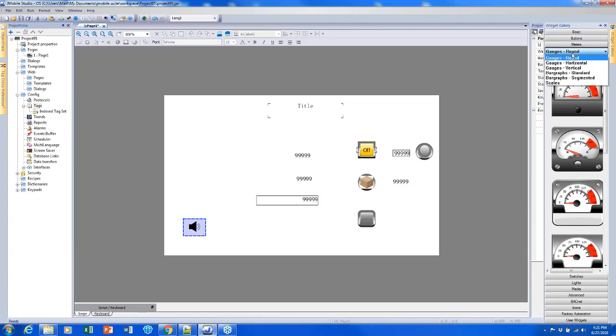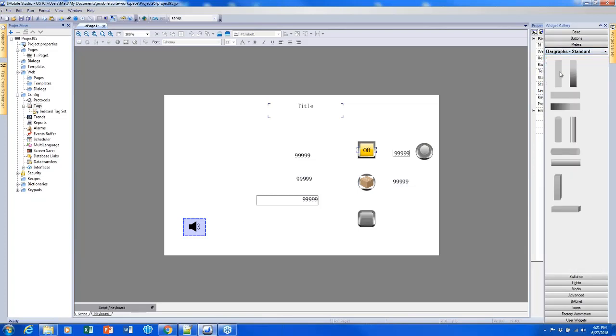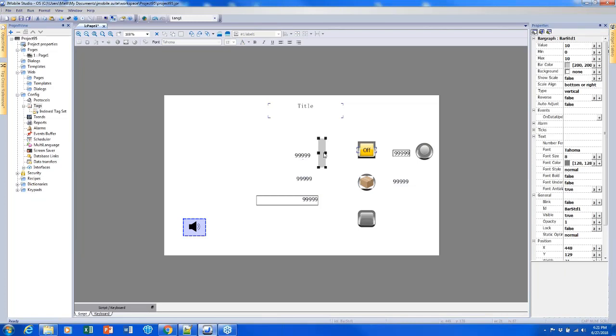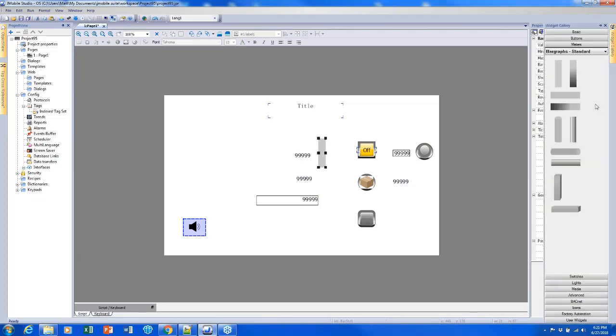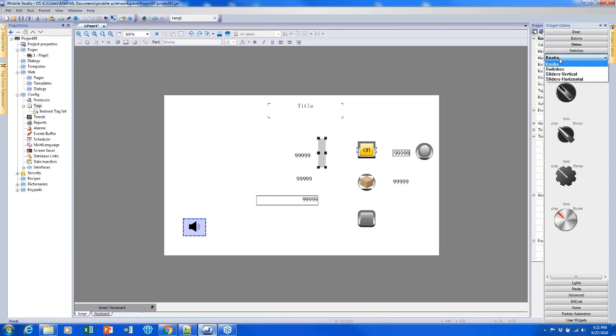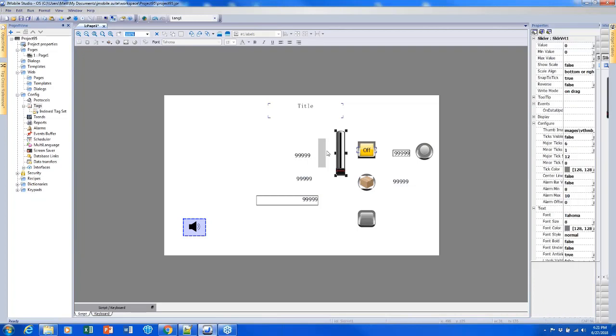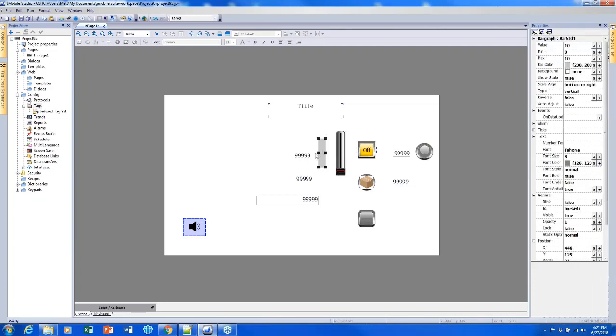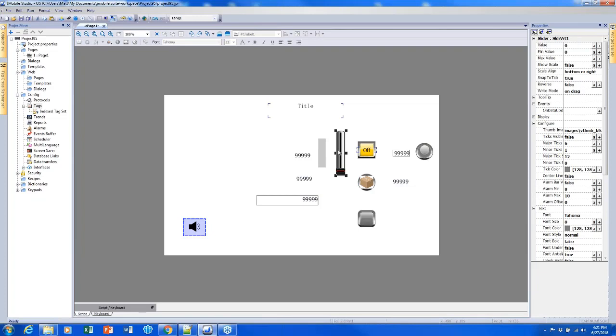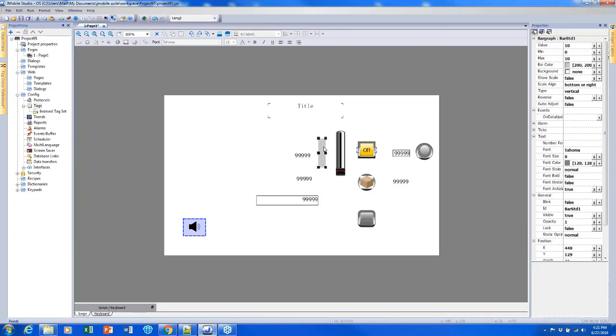Meters are similar to a graph, so we can use it to visualize our data. I'm just going to take this vertical graph and put it next to one of my numeric tags here. And I will also use a slider to change that data. So a graph or a meter is a good way to visualize your data, versus a slider, which is a good way to change your data. So I want to decide which data point I'm actually going to be visualizing and changing. And to do that, I need to link something to the value of the bar graph,